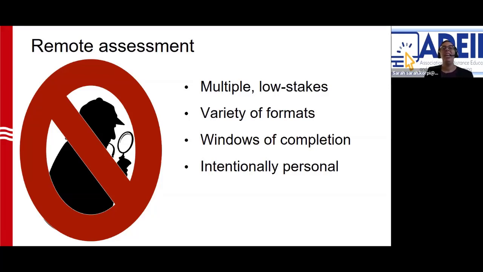And finally, I am not a private investigator, and so I am a proponent for assessments that are intentionally designed so that only the student themselves could complete it. So instead of a term paper on a general topic, I like students to complete recorded reports about some aspect of the content that they are personally interested in or connected to. This assessment design makes it extremely difficult for students to plagiarize or to engage in academic misconduct.